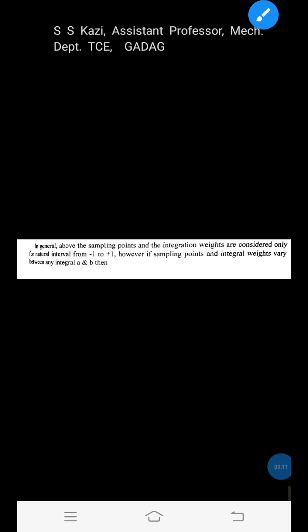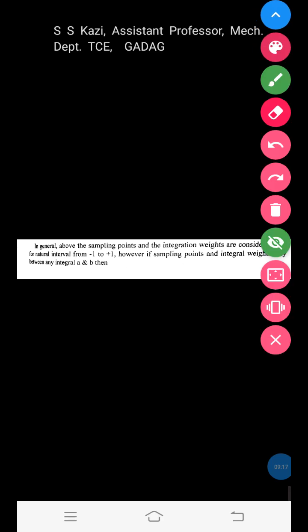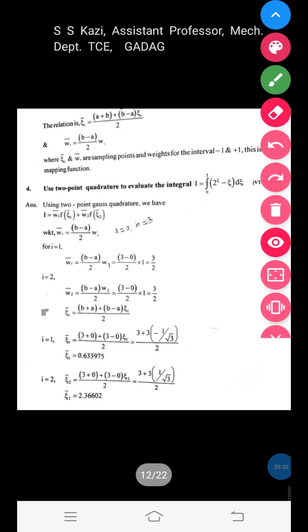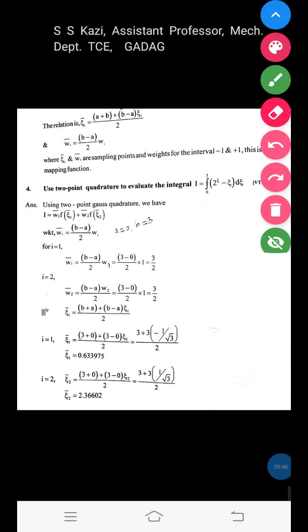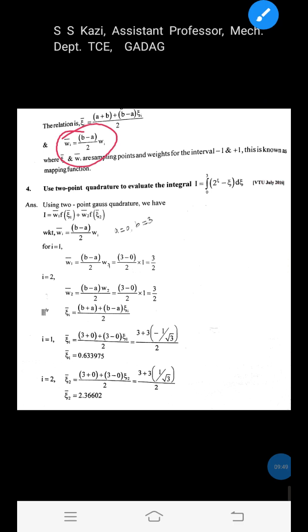Now we will discuss. Here you can observe, my dear students, it is written zeta I bar is equal to (A plus (B minus A) into zeta I) divided by 2. I wrote B plus A, that can be written as A plus B also. Now by using this formula we can find out the sampling points. Next, the sampling weighting function can be calculated by Wi bar is equal to (B minus A) divided by 2 into Wi, where